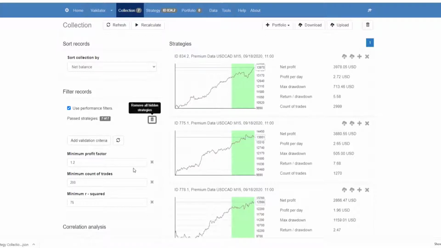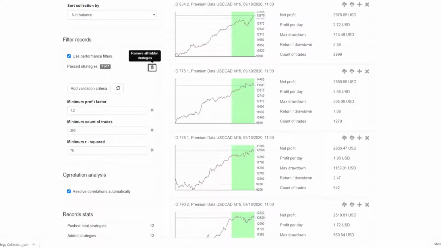The next thing that we'll look at is the correlation analysis. Now, there are two modes for running the correlation analysis. The first is automatically, and if you unselect that, then it will be manual. Now, of course, we don't want two strategies that are very similar and that will perform in the same way. So if we select it, then the system will automatically correlate strategies that are similar and ensure that we are only left with one of the strategies so that we don't have two or more of the same strategies in